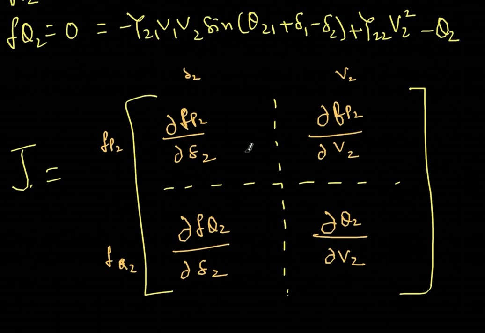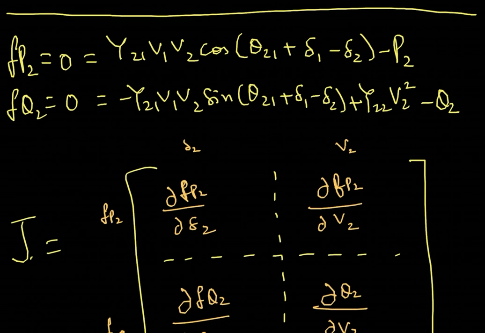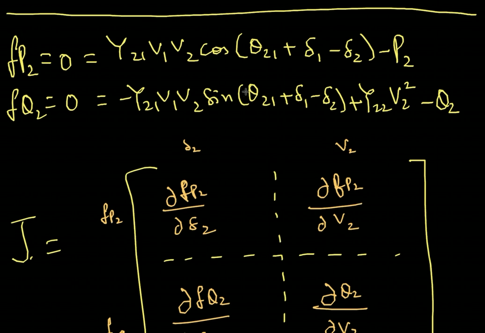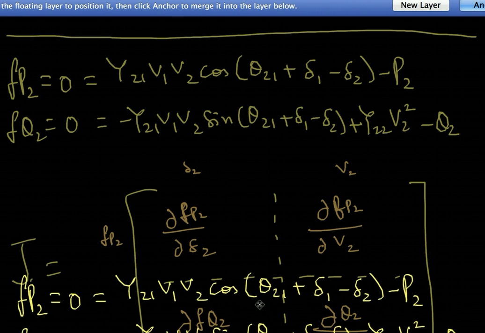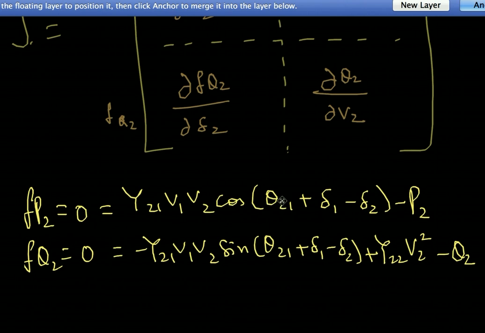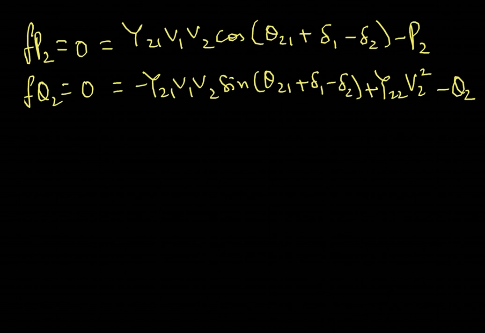Okay, so I think I need to recopy this. I'll just copy this and then paste it again here. Now let me get the Jacobian elements. So my J equal to,